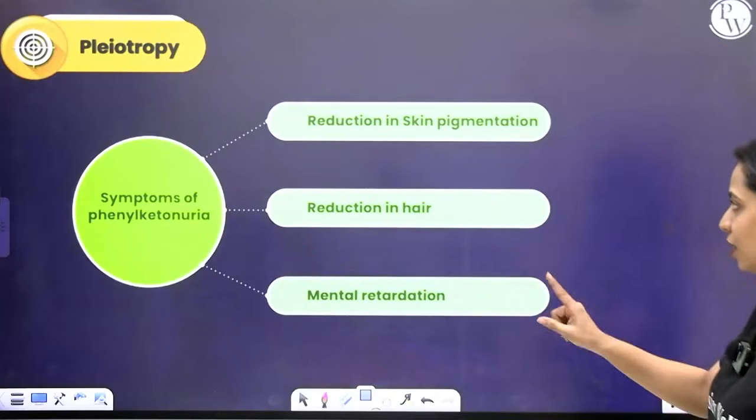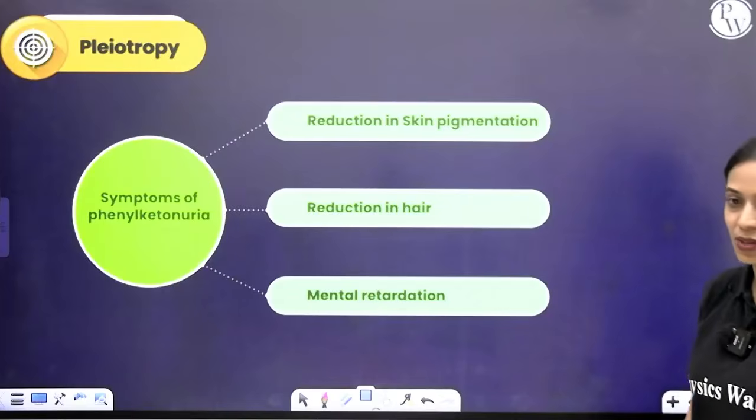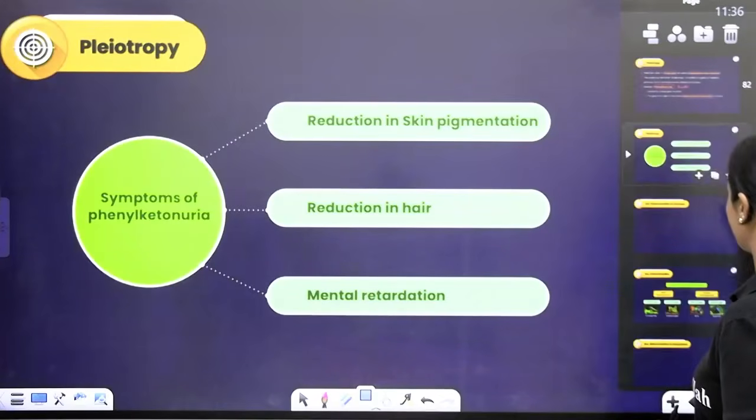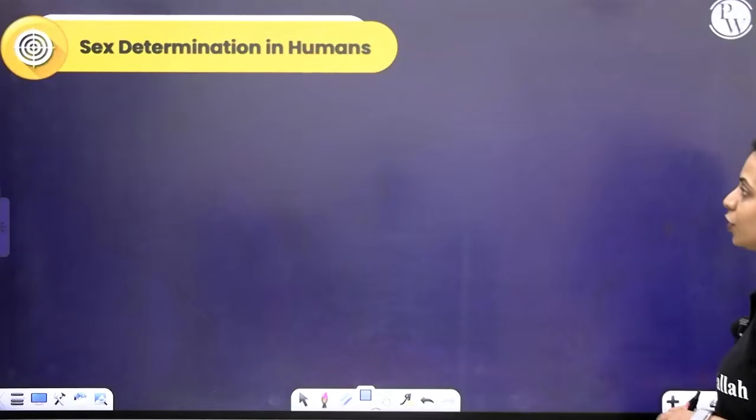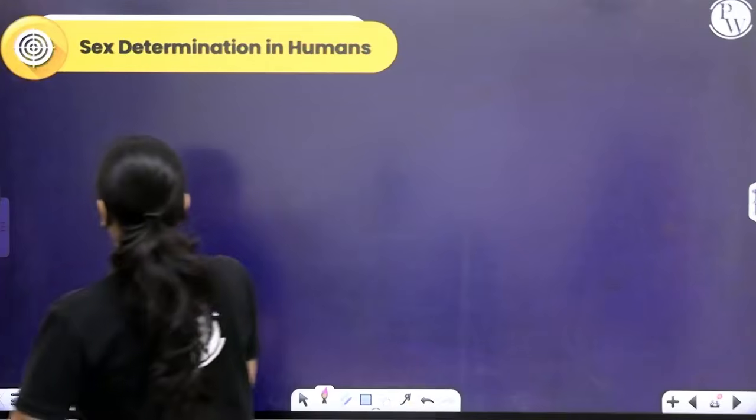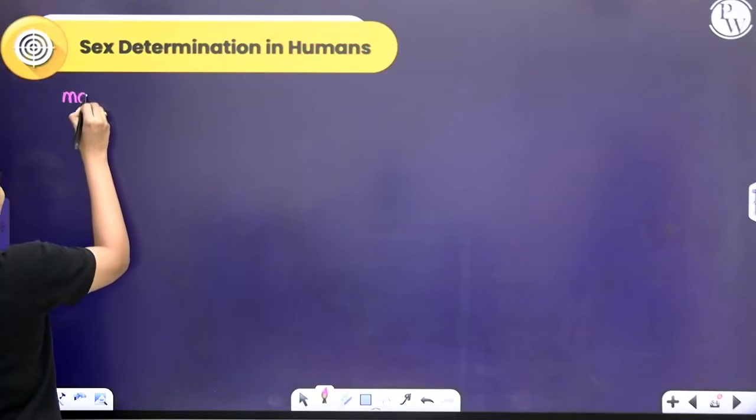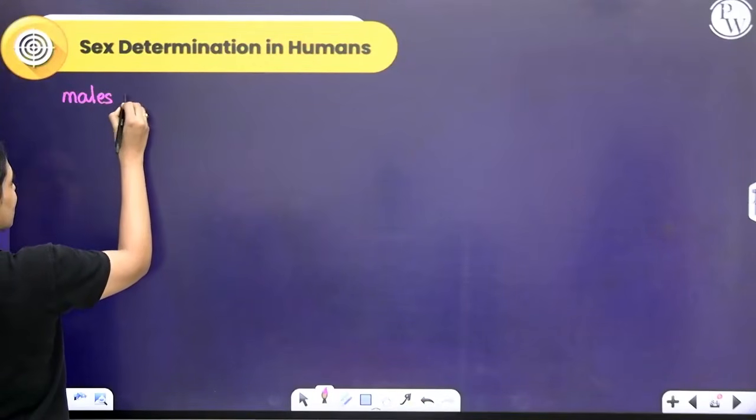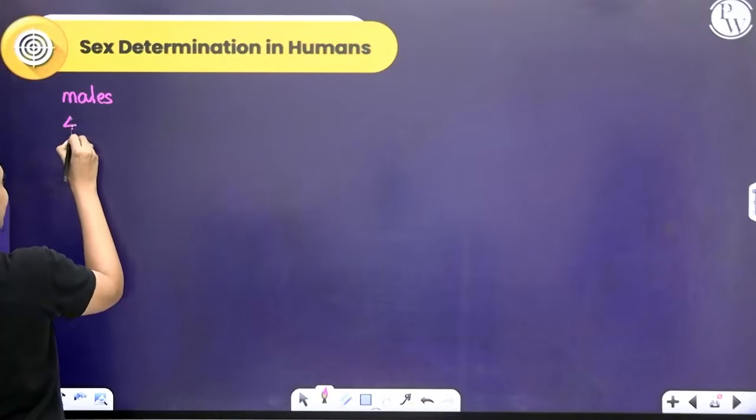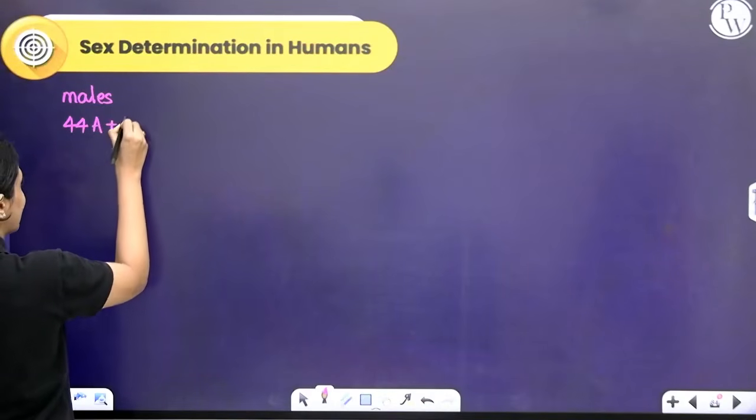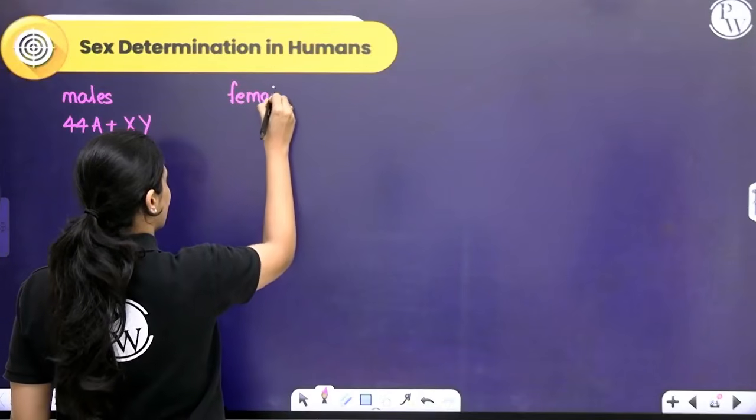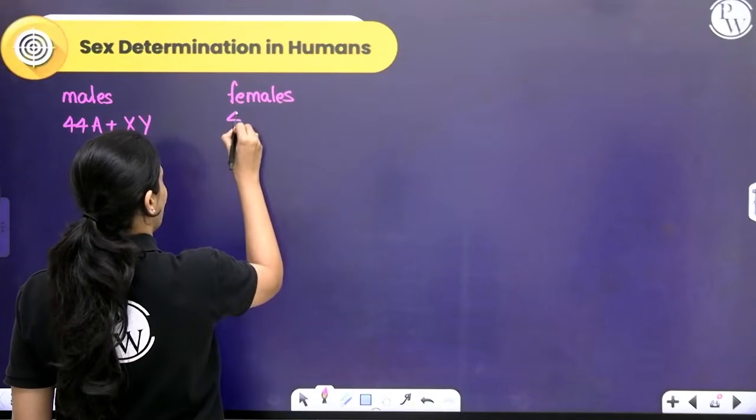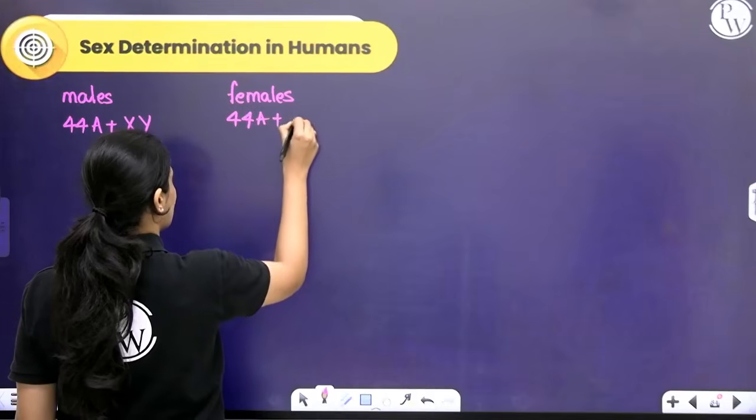Okay, so one gene affecting multiple phenotypic expressions is what we call pleiotropy. Now, let's understand sex determination. You know how sex determination happens in humans, right? In humans, males have 44 autosomes, normal males, and an X and a Y chromosome, and the females have 44 autosomes plus 2 X